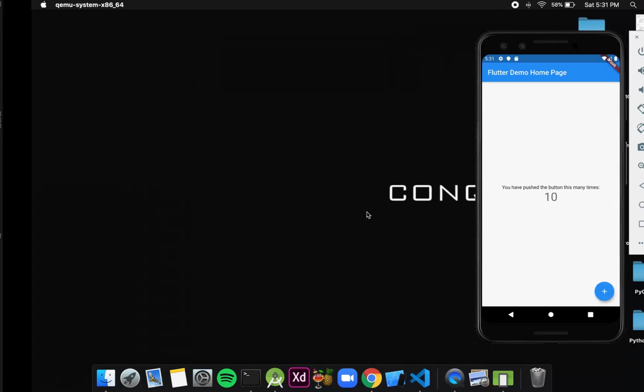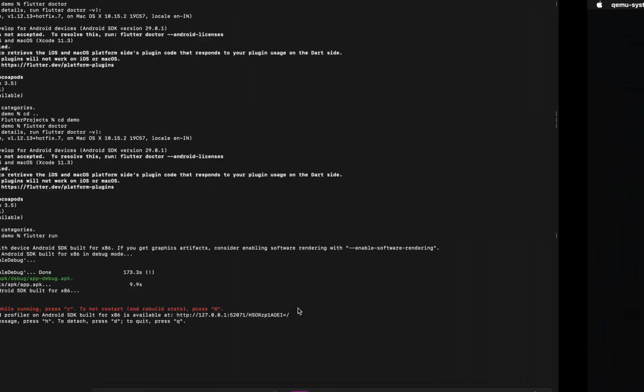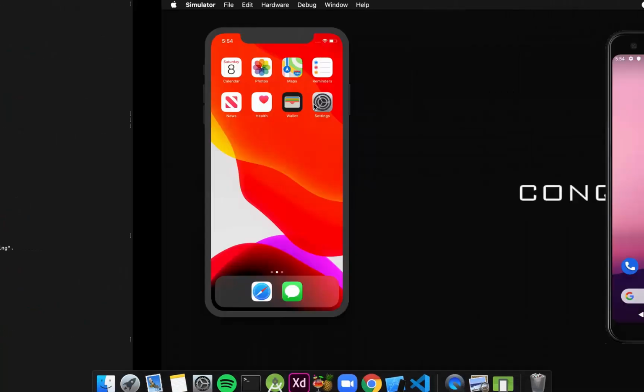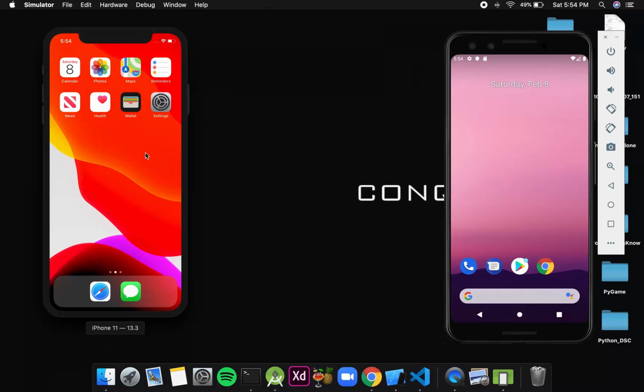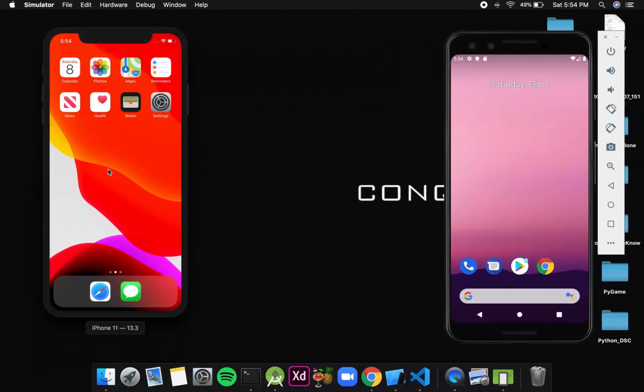Okay, and now for Mac users, you can also open the simulator and run the Flutter code. If we already have a project running and we want to quit it, we just need to press Q, and then it will say application finished. Now to open a simulator, we write open -a simulator.app, and this will start a simulator on our screen, and then again if we write flutter run, then we can see the same application in our